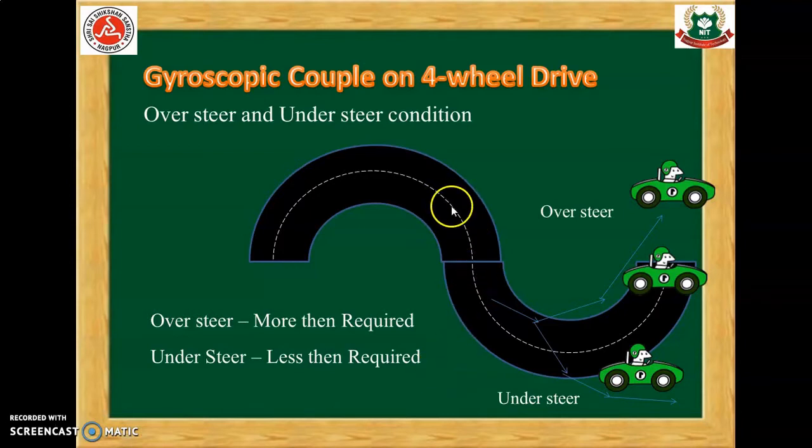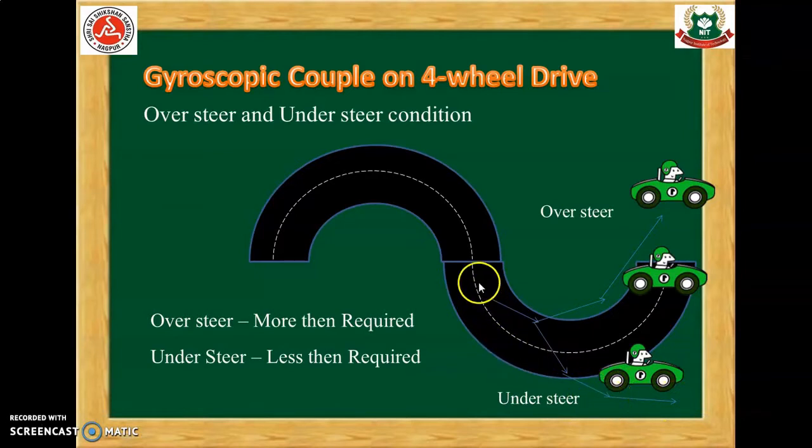Meaning, when you are moving from this side and by mistake you go on the right side, the force which is required to turn the vehicle on this road is not satisfied. Hence, the required force is not applied on the steering. That's why your vehicle went out from this road on the right side.